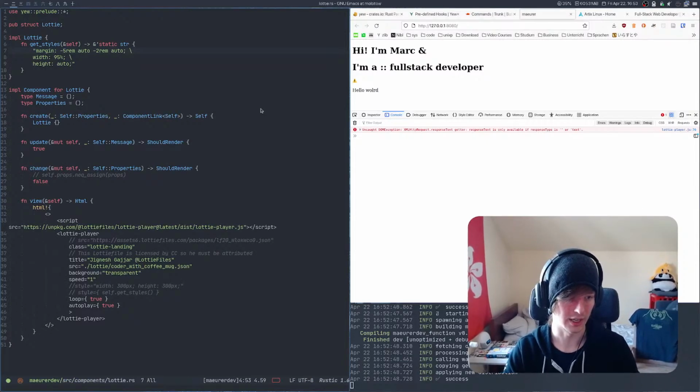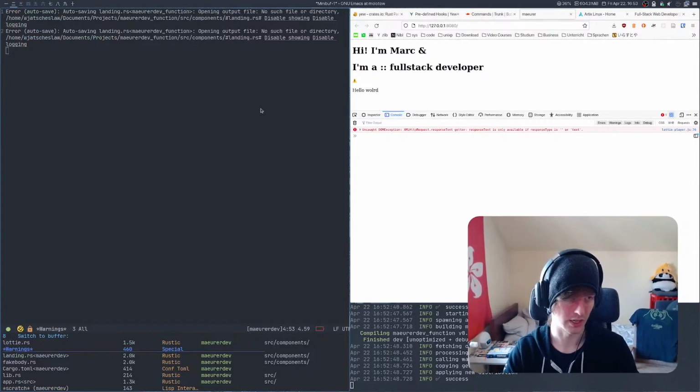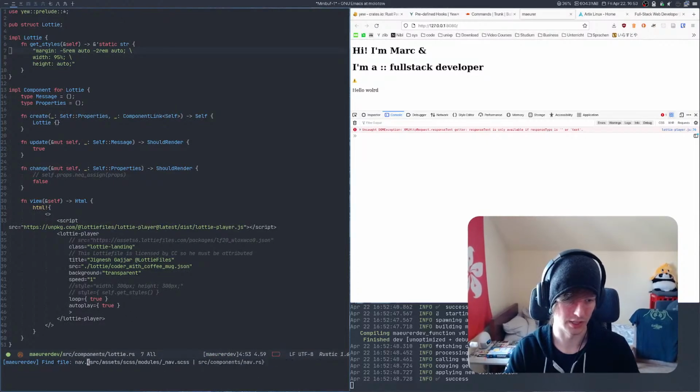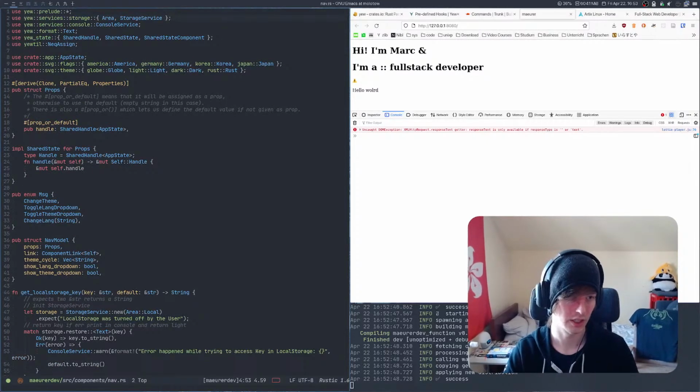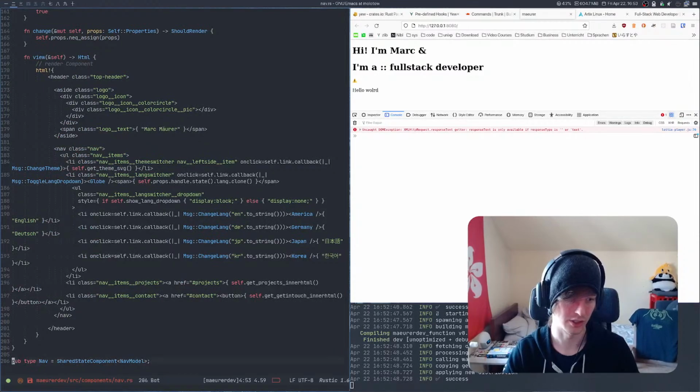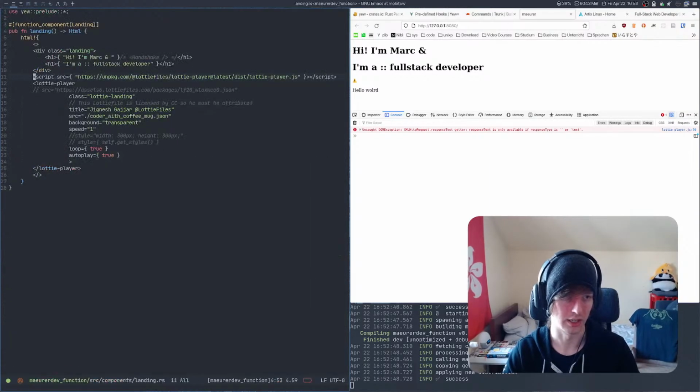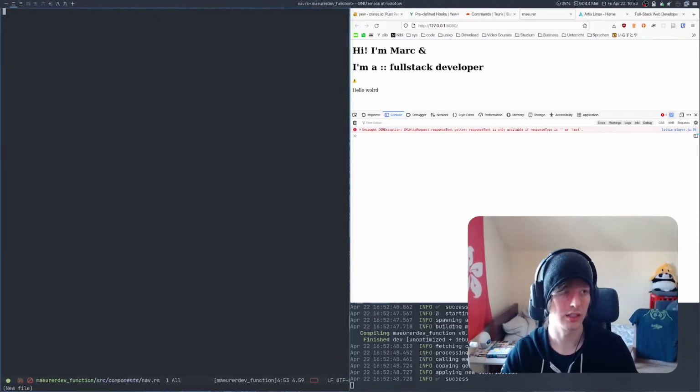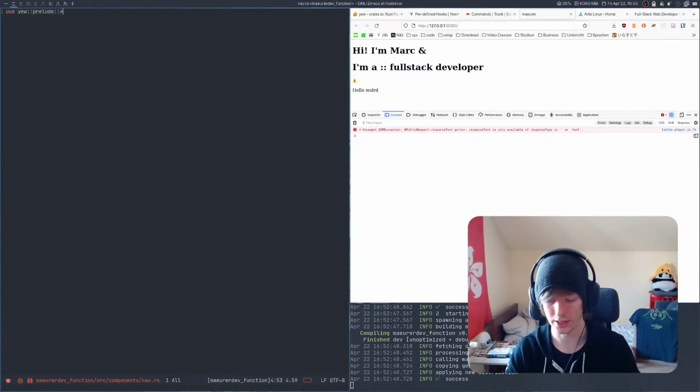So for that, let's open the nav component, and there we can just copy for now all the HTML that we're going to need. And let's just go here and create the nav. And here again, just preload everything in here